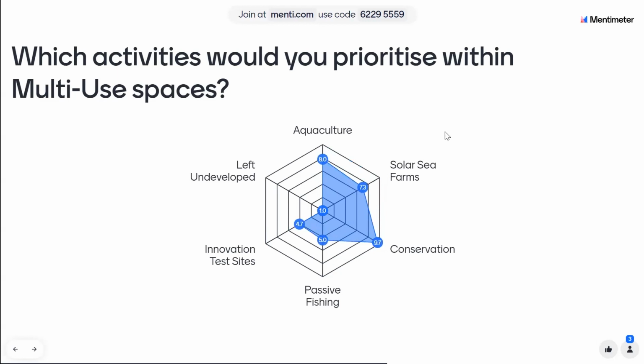I see a lot of points going into conservation. For me, that's of course good news. I see almost nothing in left undeveloped, so that's also very interesting. Passive fishery is somewhere in between, I think. Aquaculture also scores quite high. And test site innovation, that's quite low actually. This is very interesting